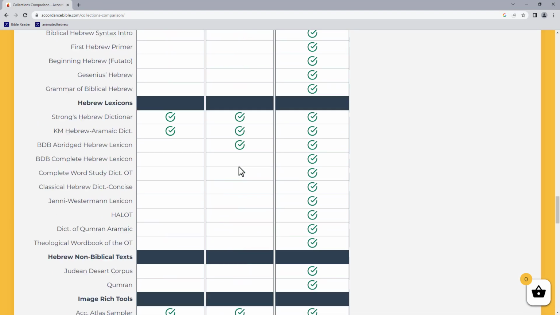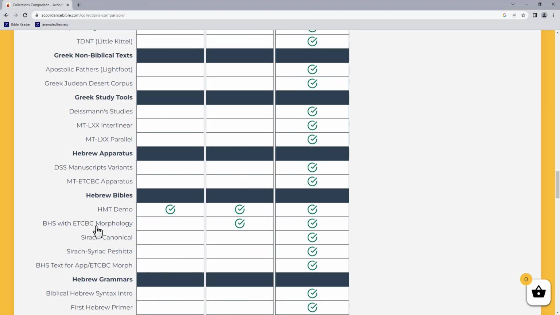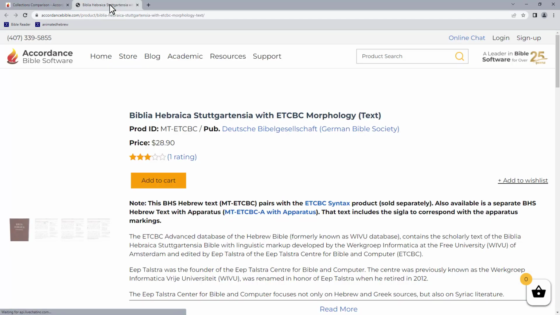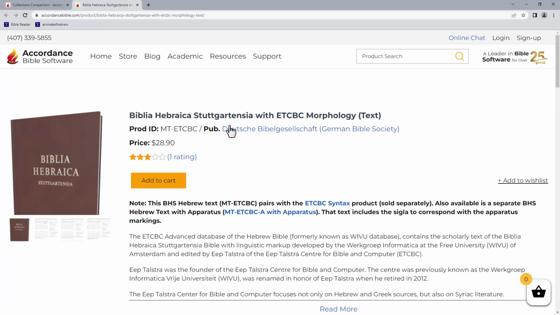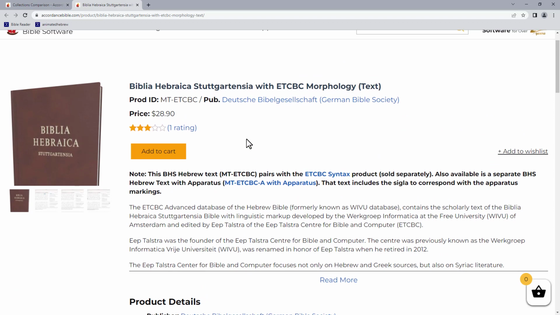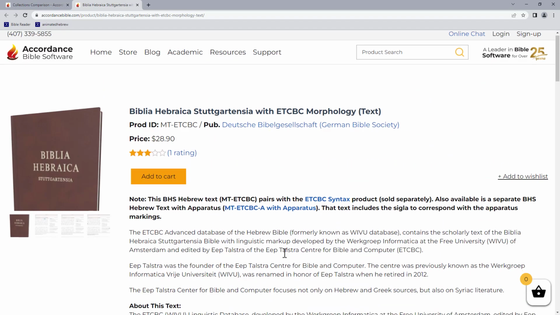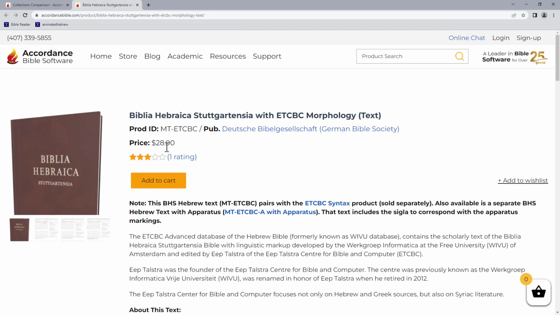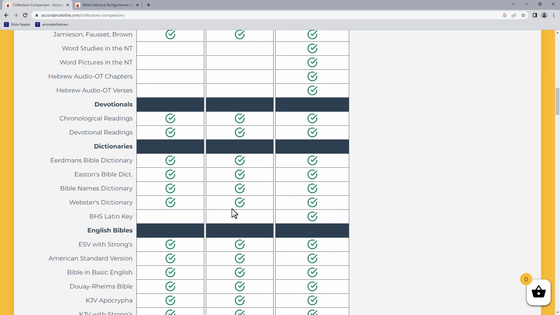So the main thing is you've got a full Hebrew tagged Bible. That's the main thing. Full BHS. So let's actually go there and look at it. The Biblia Hebraica Stuttgartensia, that's the classic Hebrew Bible, the scholarly one, with the morphologically tagged text. And Accordance is also now selling Quinta, which is the next generation. It's not all out. There's just some books. If you want to get into Quinta, which I haven't, then you can also buy that and add it. So this is the main thing, though. If you want to buy it separately, it's $28. You could do the math. That plus the abridged, you're getting a deal if you get the Hebrew